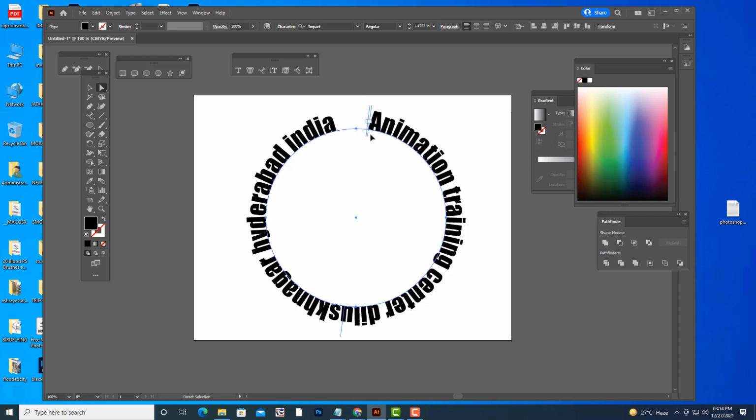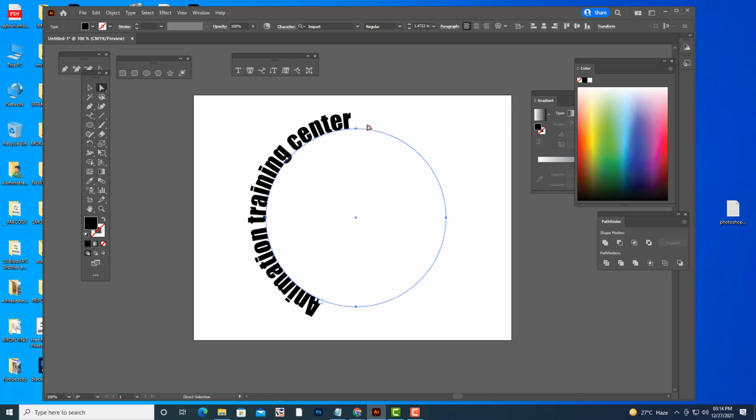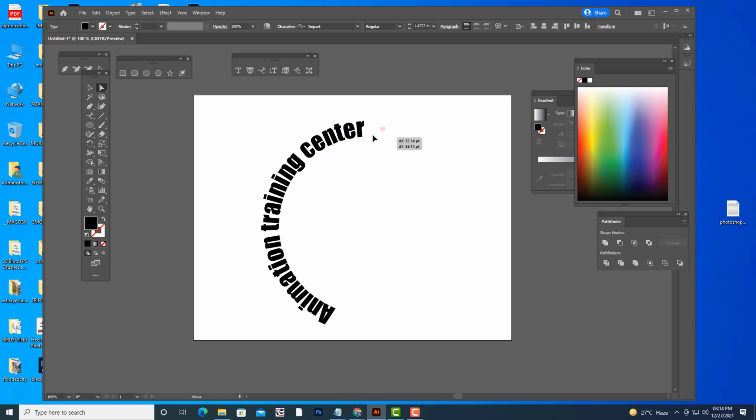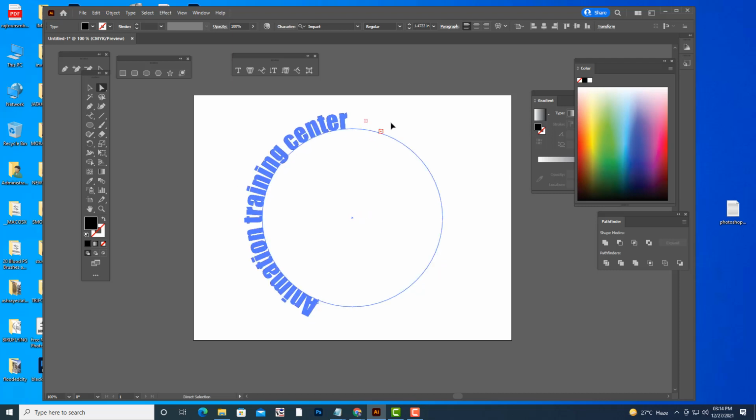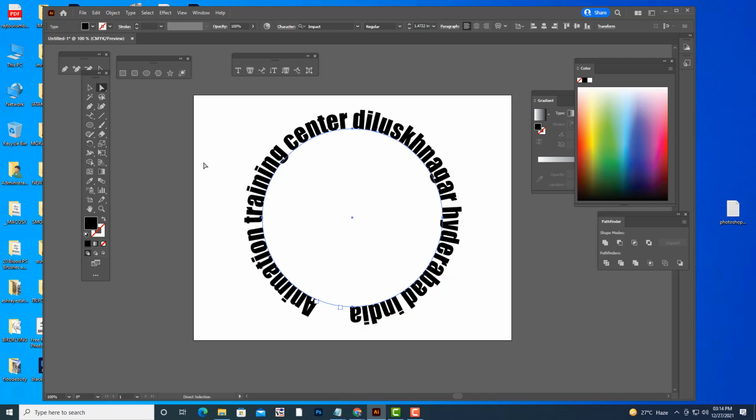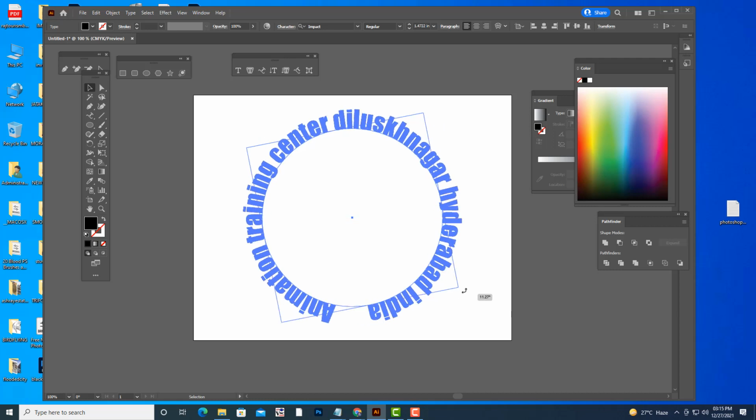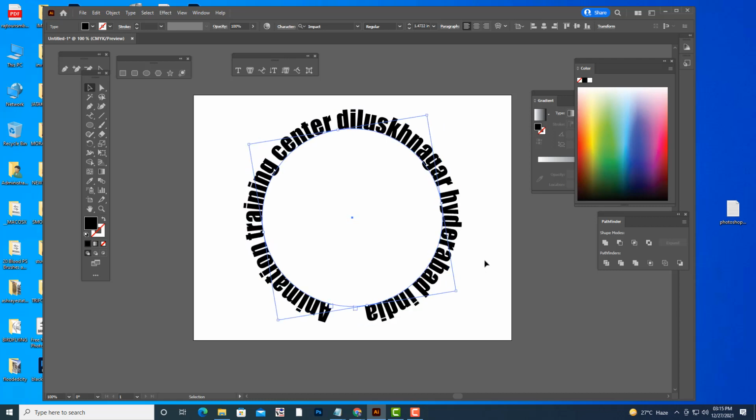With the direct selection tool, we can move the text. If you want to make the text start at the bottom, here also we can move it like this. So we have adjusted the text. We have placed the text.